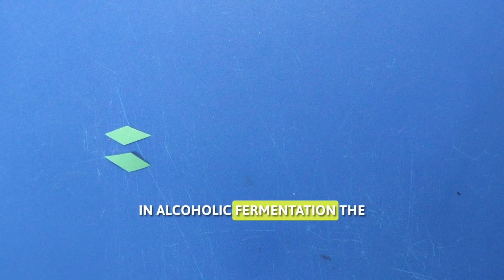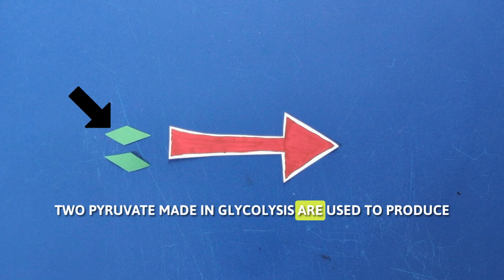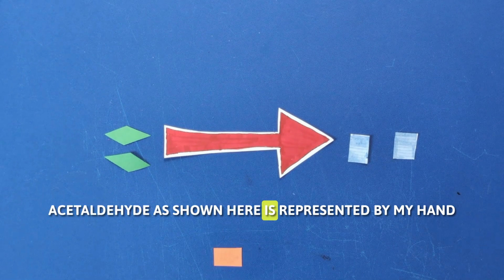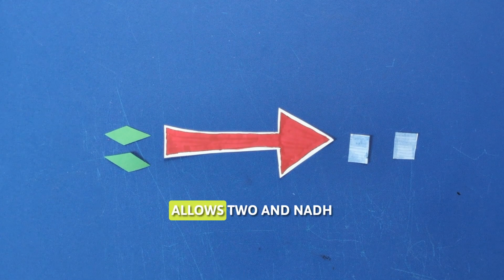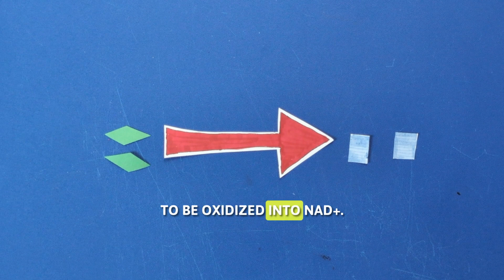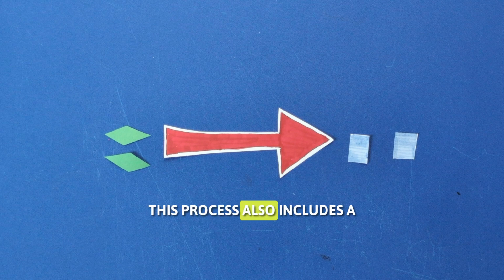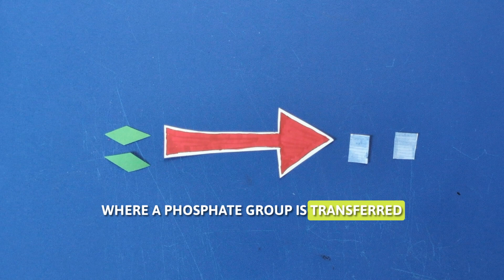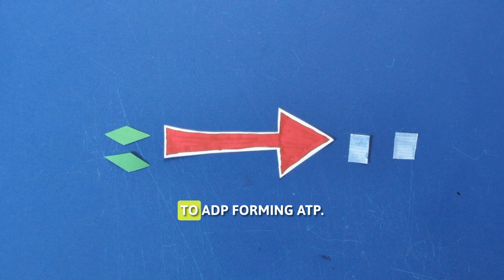In alcoholic fermentation, the 2 pyruvate made in glycolysis are used to produce carbon dioxide and ethanol. Acetaldehyde, as shown here, represented by my hand, allows 2 NADH to be oxidized into NAD+. This process also includes substrate-level phosphorylation, where a phosphate group is transferred directly from a substrate molecule to ADP,